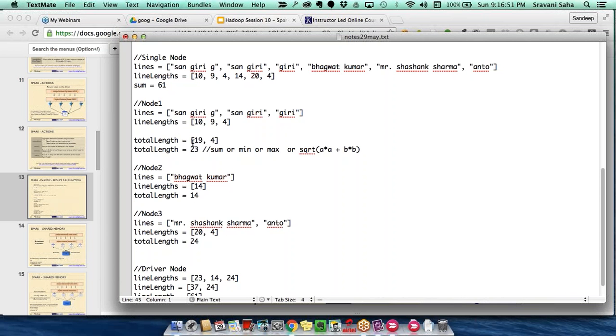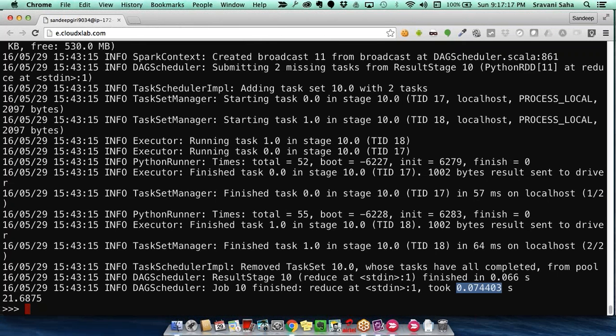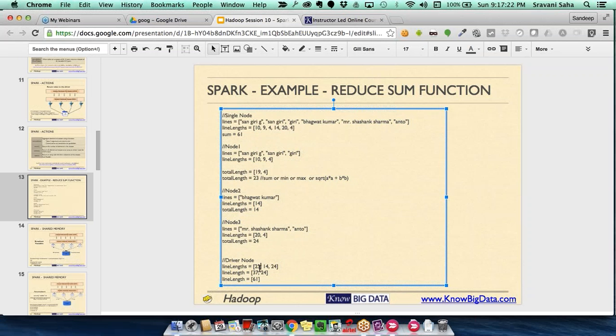All right. So on every node, the sum function, the reduce function, is combining all these values into a single one. And then, once you get these summations on every machine, then from the driver, what is the driver node? The driver node is the one from where the execution is being started. Right here in our case, it's e.cloudxlab.com from which our console is running. This one is our driver, and on the driver node all the three values from all the three nodes